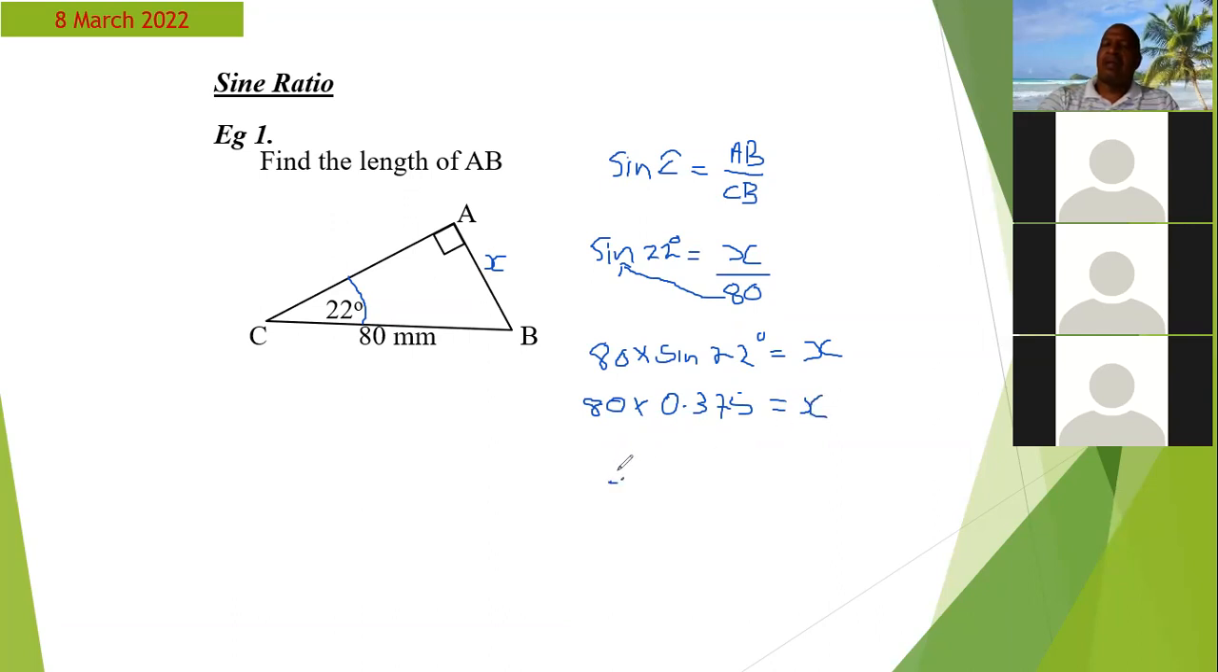29.9. So therefore, the value of X would be equal to, give me that value. 30. And now we can write our units, which is in millimeters. So X is equal to 30 millimeters. All right, and that's how you